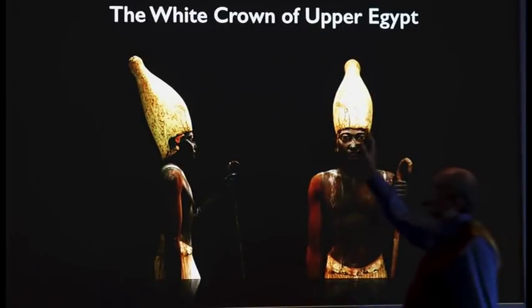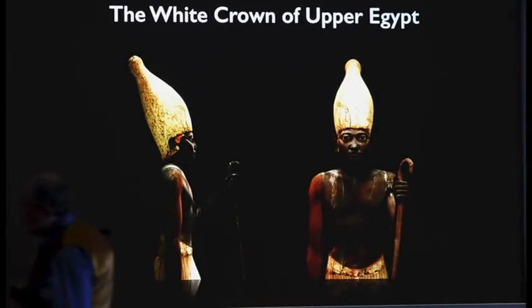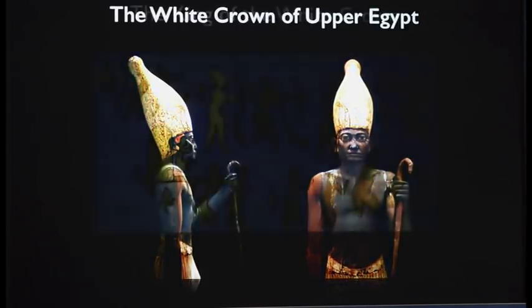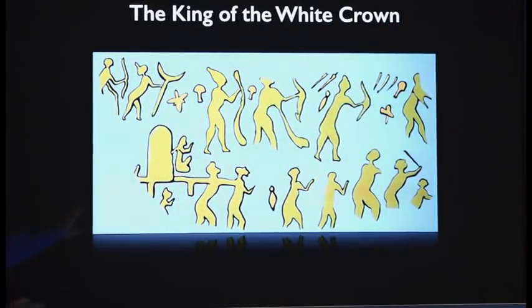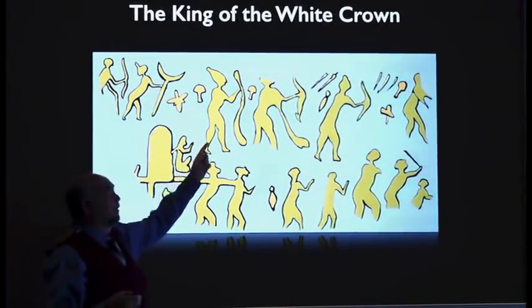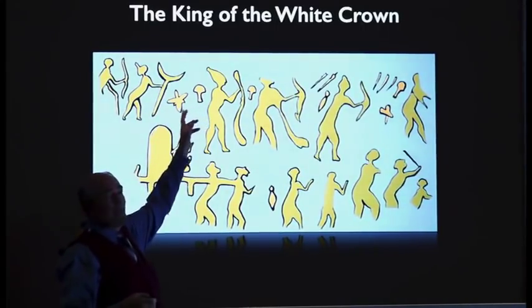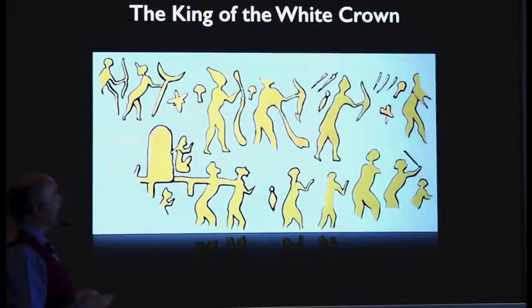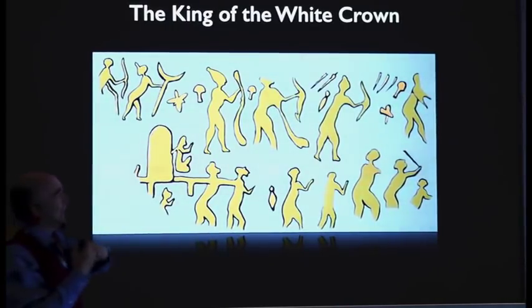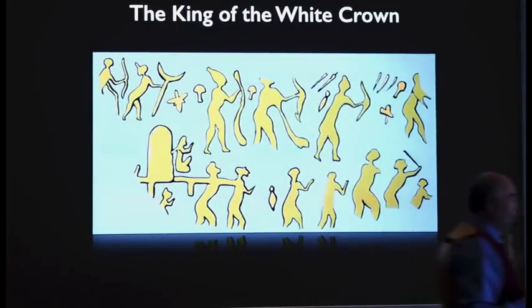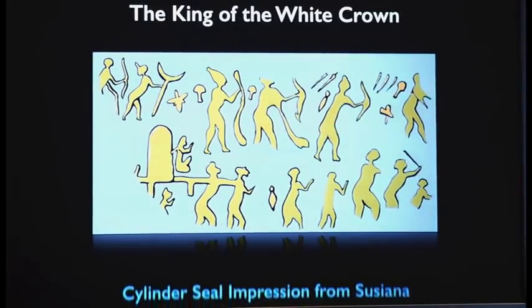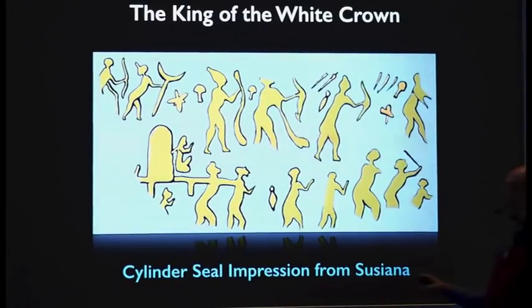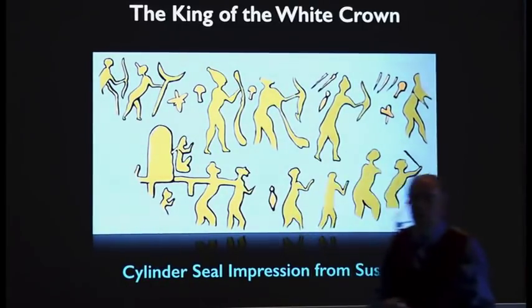Now you think this, the white crown of Upper Egypt, of the south, is typically Egyptian. Everybody thinks of this as an Egyptian crown. But let's look at the origins of that crown. Here we see a cylinder seal impression of the pharaoh with his white crown on. Notice at the back you have the hemnecha that we saw on the Narmer palette. Probably his queen is being carried along in a palanquin. It's a very simple image, but it's not Egyptian. It actually comes from Susiana, and Susiana is the Iranian part of Mesopotamia, near Ahwaz. So this is an Egyptian pharaoh on a cylinder seal from Mesopotamia,